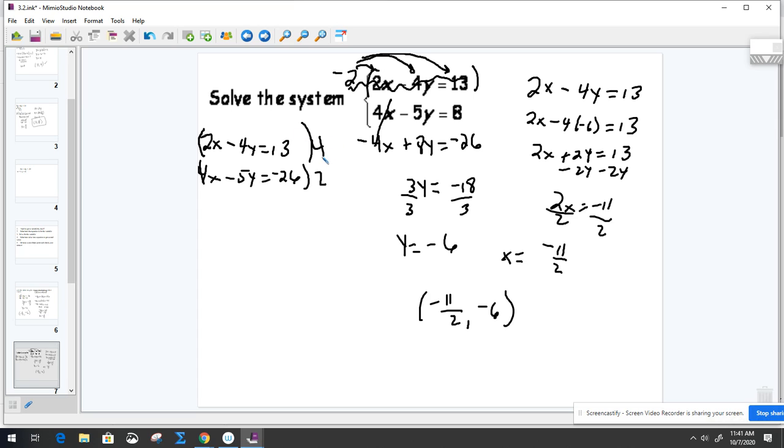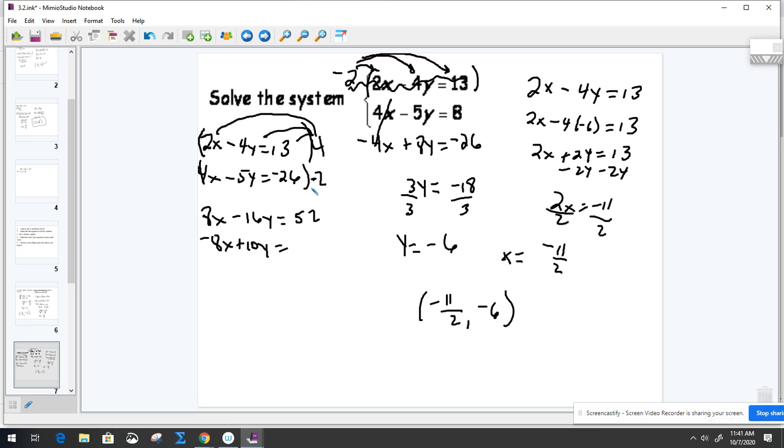Okay, now you have to pay attention, because if I multiply 4 times 2, I get 8. And then 2 times 4, I get 8. I have to make one of these a negative so that they're opposites. It doesn't matter which one you choose, but you have to make sure you get opposites. So again, if I did this and distributed this 4, I would get an 8x minus 16y equals, and again, you just start dealing with a little bit larger numbers, a negative 8x plus 10y equals